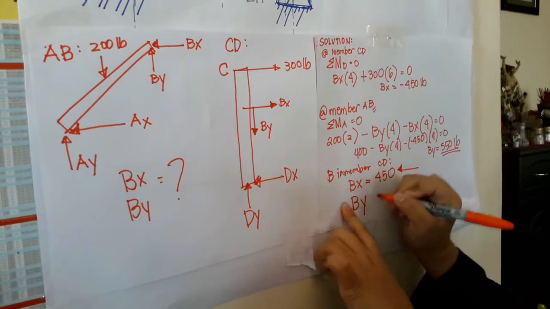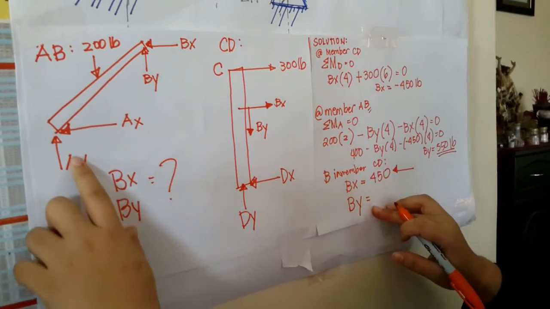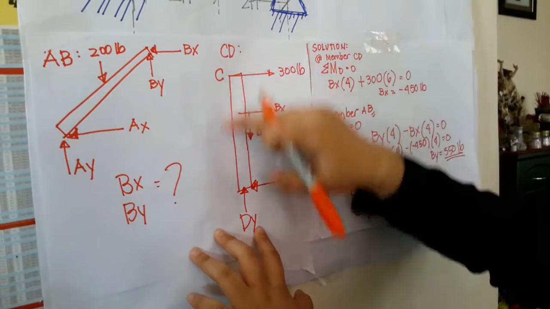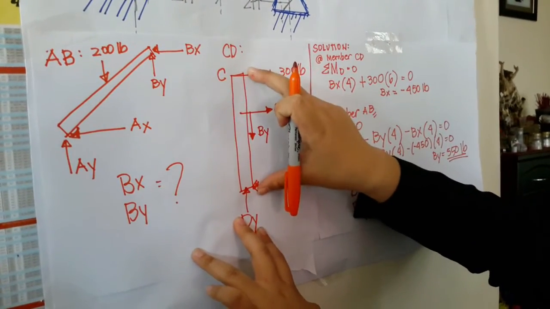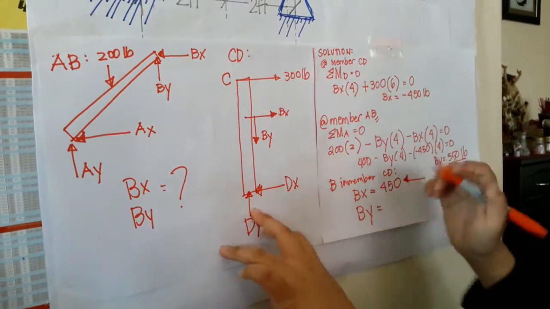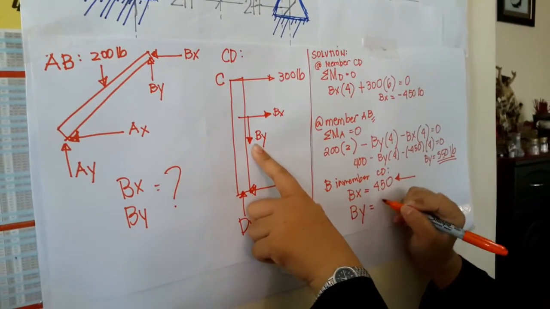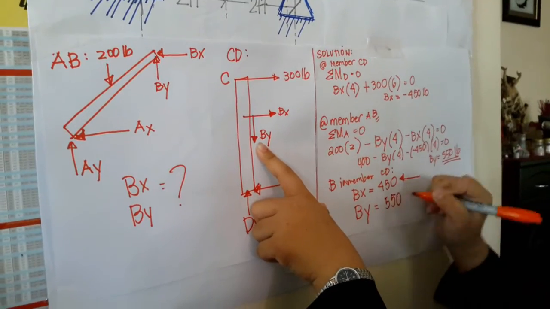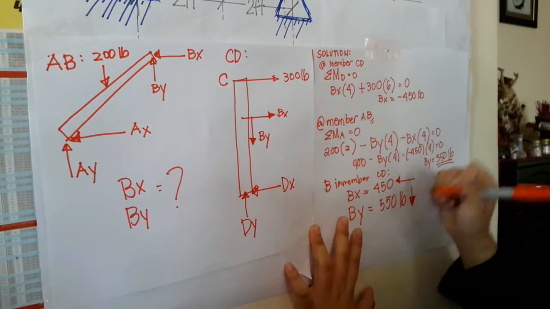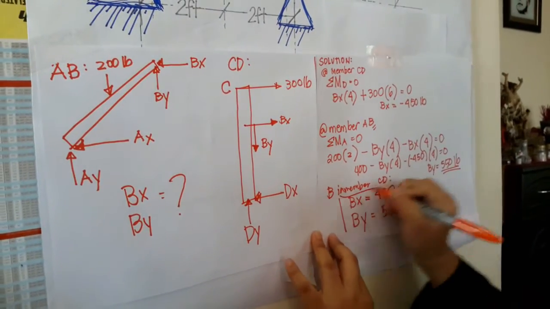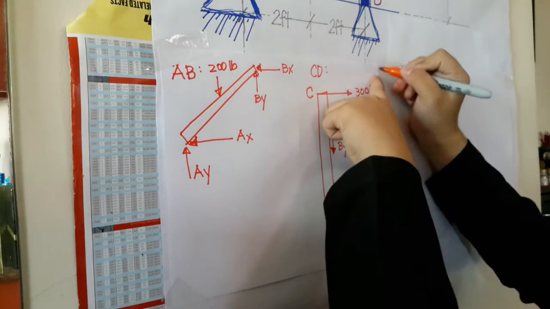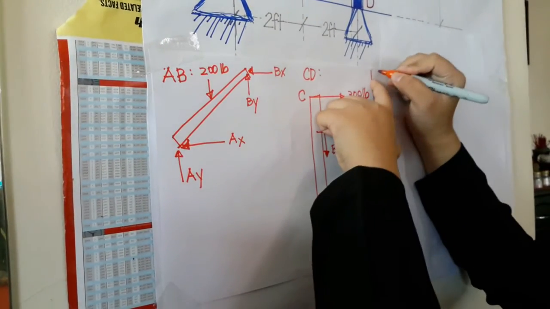So for By, we got it at member AB, and it is stated that we use CD as a reference. So at CD, By is 550 pounds, and the direction is downward. This is the final answer. So for the answer, or for the